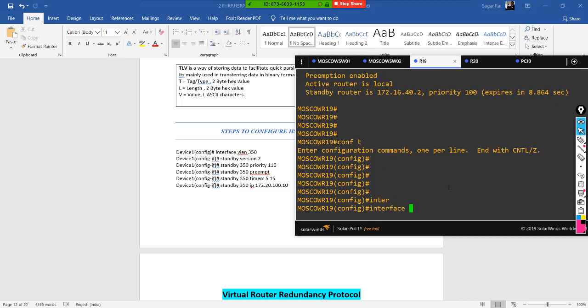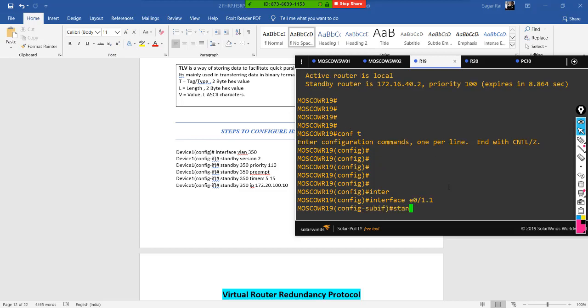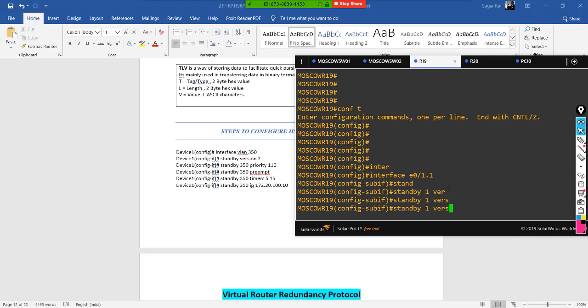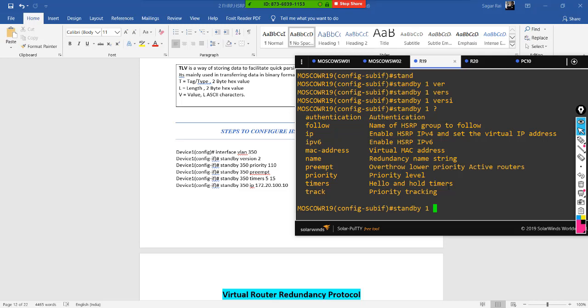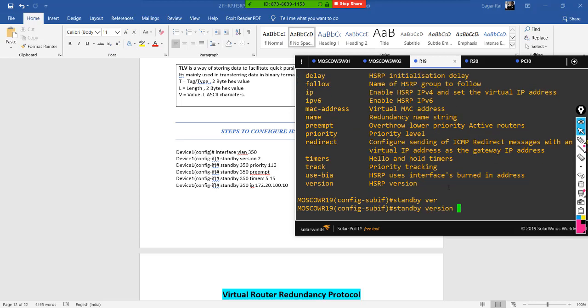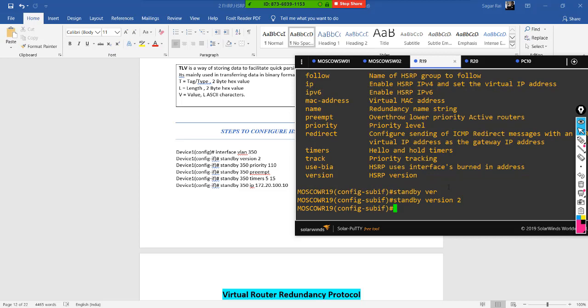I'll go to interface E1.1 and type standby 1 version 2. That is the command: standby version 2. If you want, I will enable some debugs for HSRP.